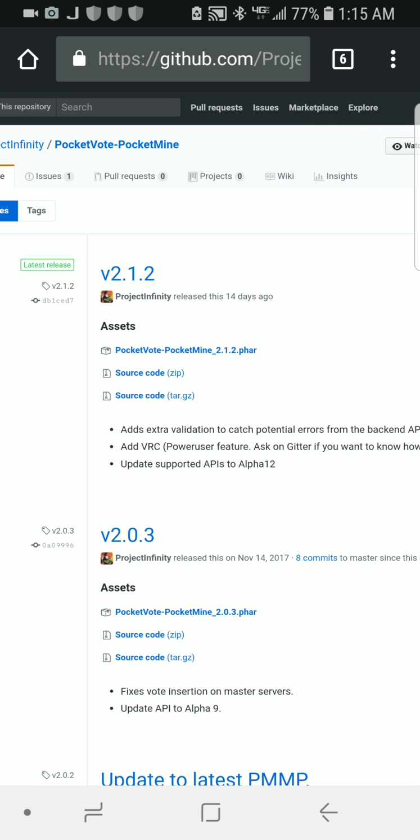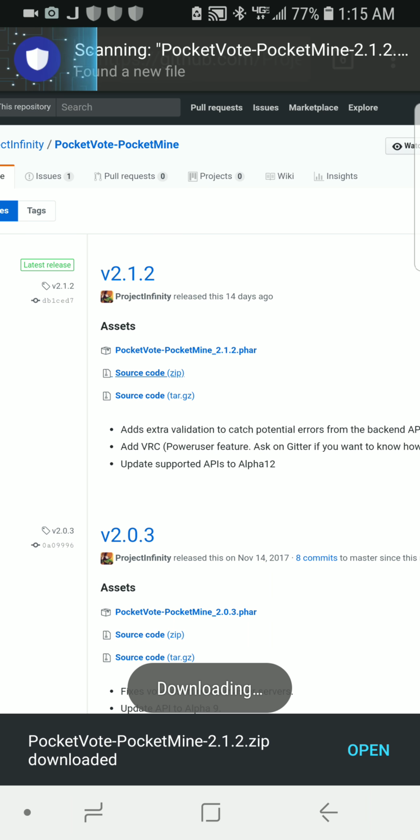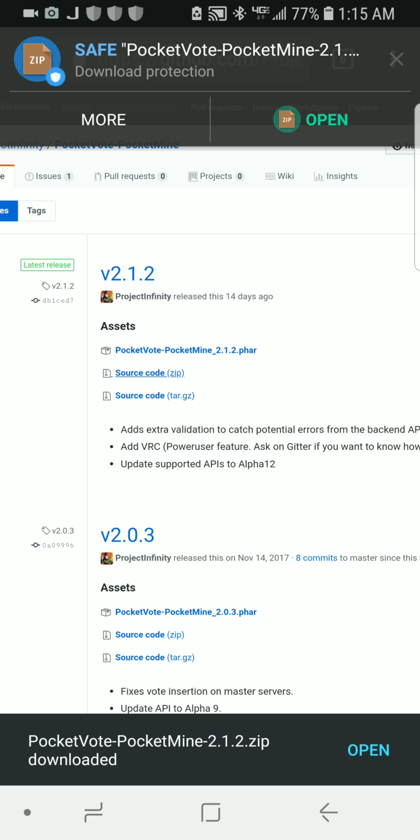So we're going to use the most recent one, and right here we can see that he gives us the option to choose a PHAR file or the zip file. So I'm going to choose zip, because that way I have the ability to edit the code any way I want to. So we'll go ahead and press that. Now we just downloaded that, and now we're going to go ahead and go back